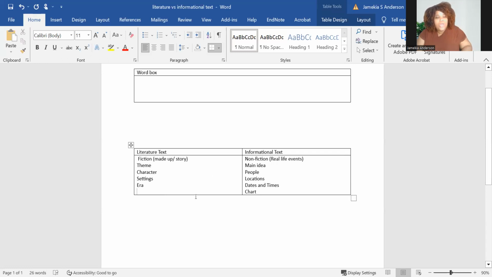But I would go through and list out all the things that are available between informational and literature, because even when you have your compare and contrast, and I saw that on the other page too, when you go over your compare and contrast or your sequencing or whatever else, all of those things are very beneficial for you to figure out which ones support which area the most, so that you can let the students know this is where you're going to see this the most.